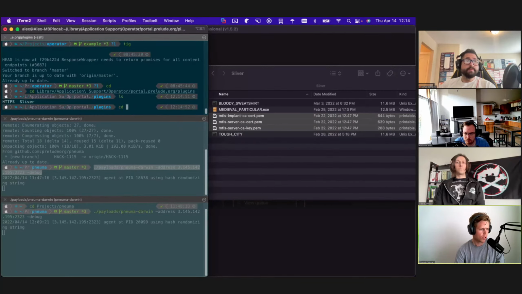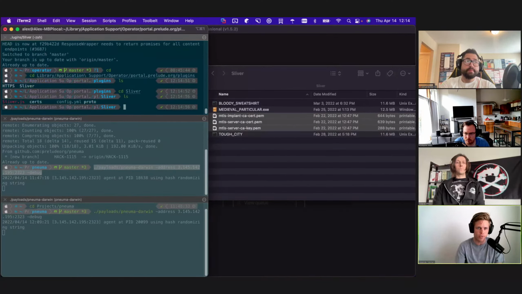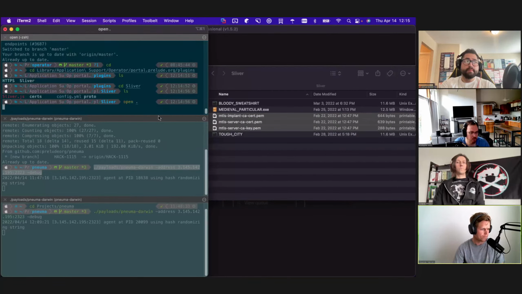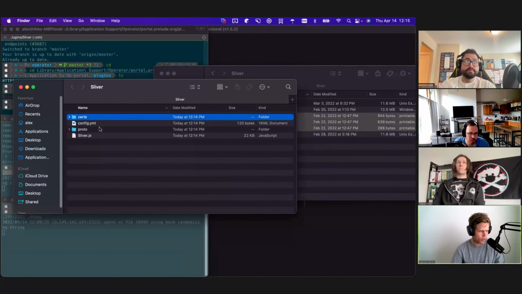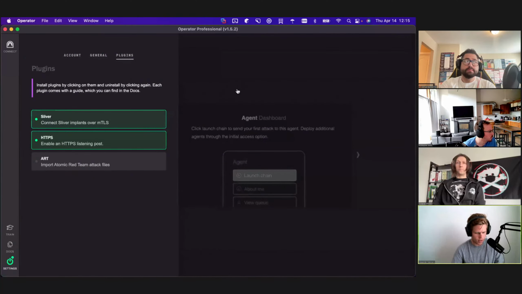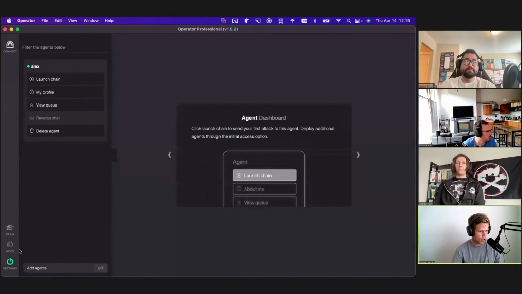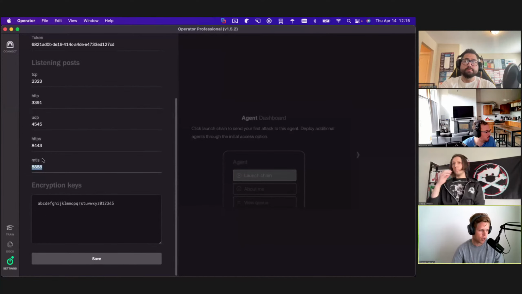And you'll see the Sliver plugin. Again, if you want to pull the source code, you can just go here and take a look. It's also on GitHub. And then I have my certificate directory, and I can just paste them in. Once those are pasted in, I just refresh, and I will now have Sliver MTLS listener available inside of